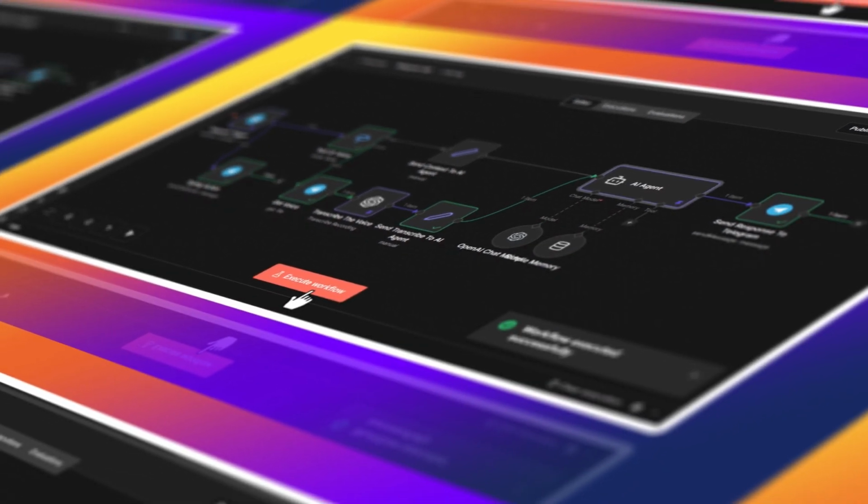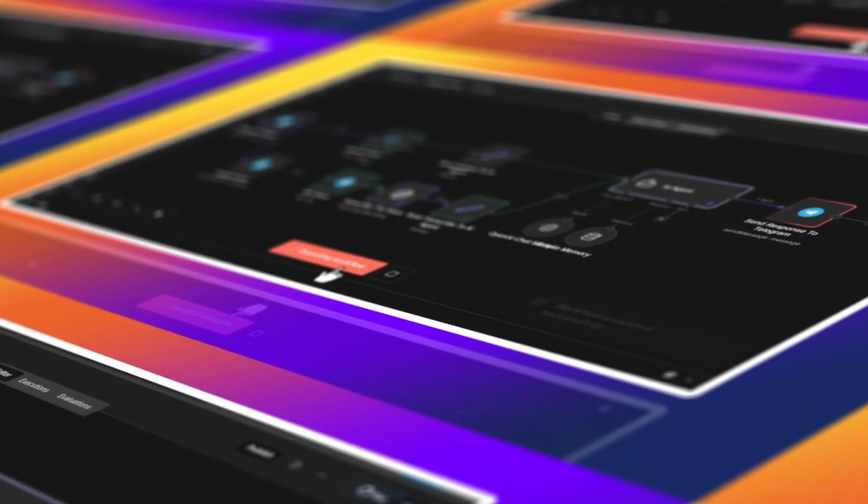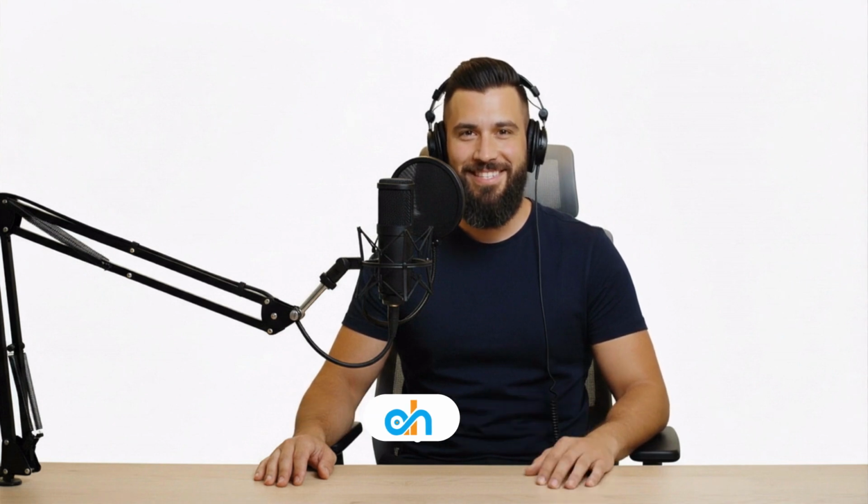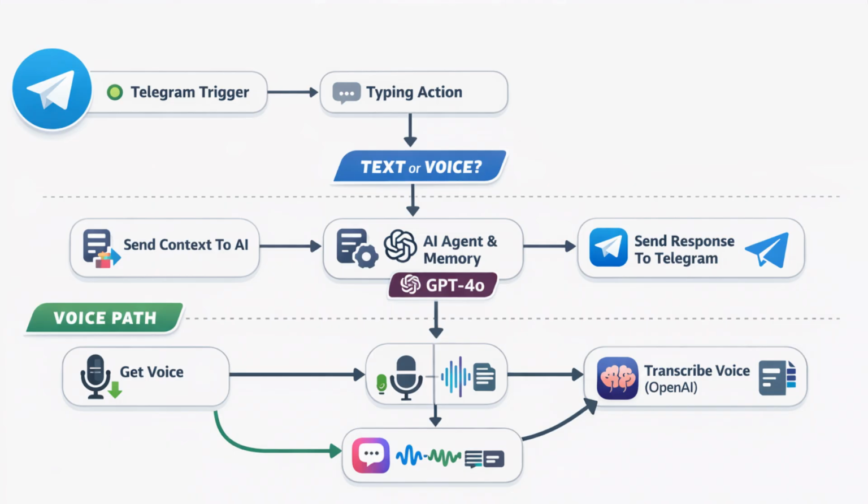In this tutorial, I'm going to show you how to build a production-ready Telegram AI assistant inside n8n. This bot supports both text and voice messages, uses OpenAI for reasoning, includes conversation memory, and responds naturally like a